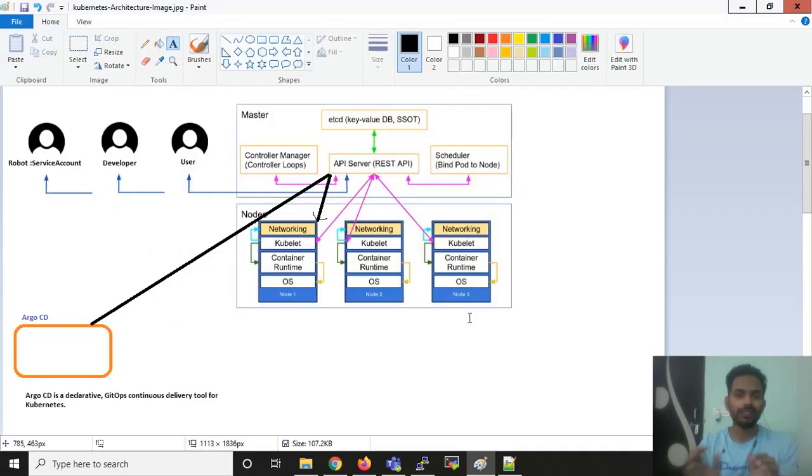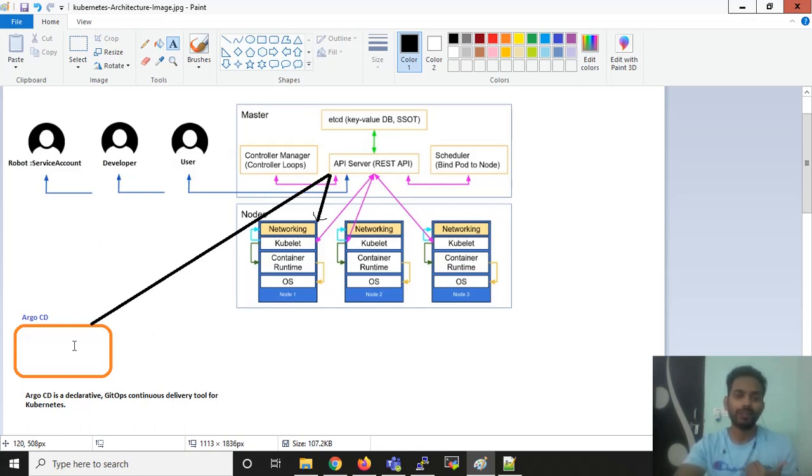So let me tell you how it works. You can deploy Argo CD on the same Kubernetes cluster, or on other nodes. Either way, it gives you an Argo CD server with a web interface.